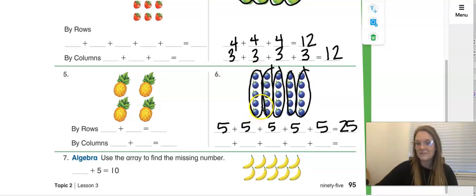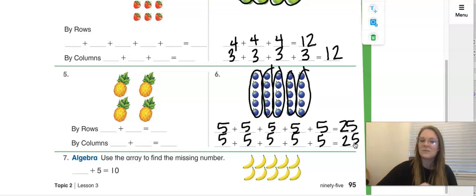So again, I'm going to do the same thing. I'm going to add 5 times. 5 plus 5 plus 5 plus 5 plus 5. And I can skip count 5, 10, 15, 20, 25. So I have a total of 25. Notice that when I said I was going to skip count by 5 times, sometimes we call multiplication our times tables. Using repeated addition is one of the ways that we can begin to think about